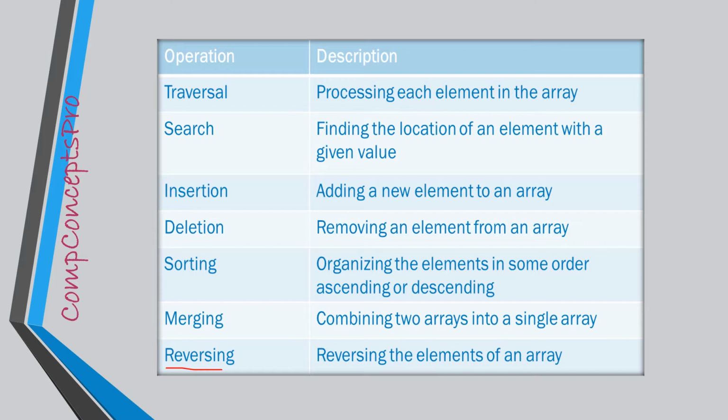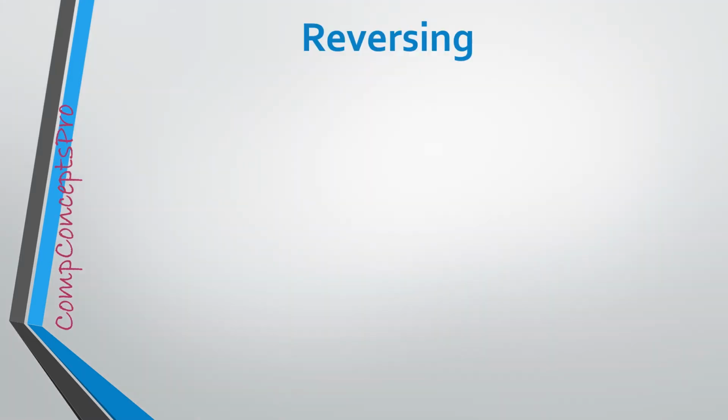Reversing the array means making the order of the elements of the array just opposite to what it was before. This can be performed in two ways. First, by using a temporary array in which we will store the values of the original array one by one from the backside. After that, it is up to us whether we want to display the temporary array or copy the elements back to the original array, but now in reverse order.